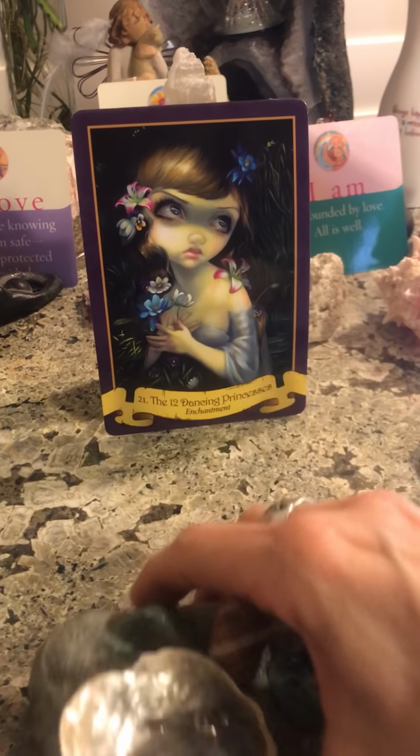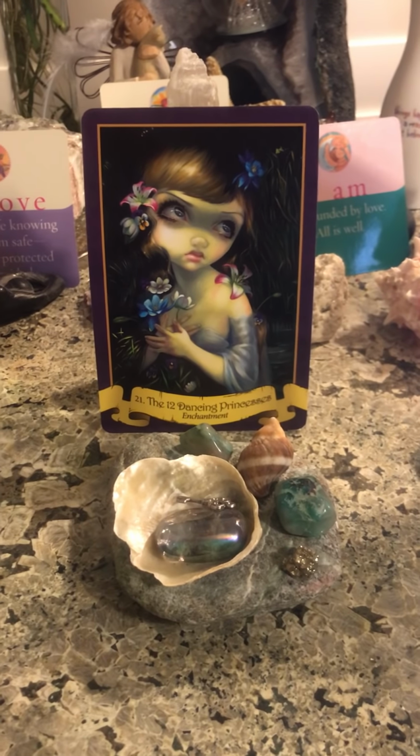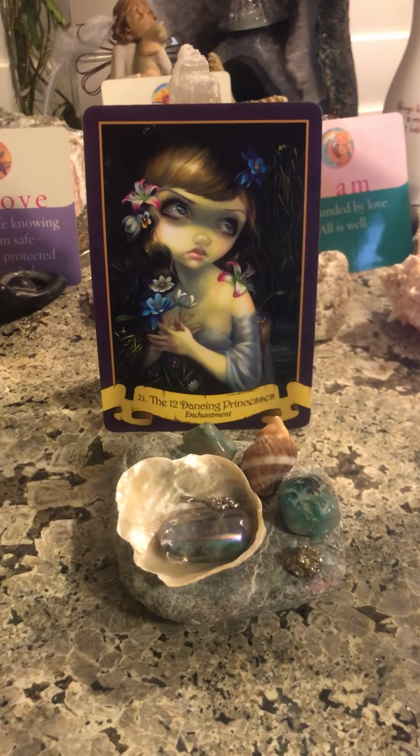The 12 Dancing Princesses. Okay, so the 12 Dancing Princesses is this. I think the number 21, you've graduated from some kind of a situation. That's the first thing I'm seeing. Also, 2 and 1 is 3, representing full circle completion, as well as the Ascended Masters working with you. I think the 21 Dancing Princesses is about these princesses that